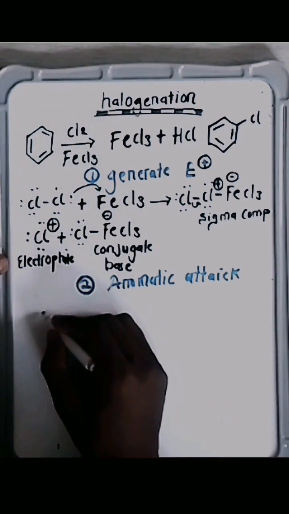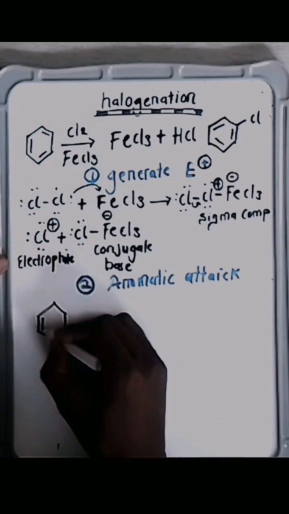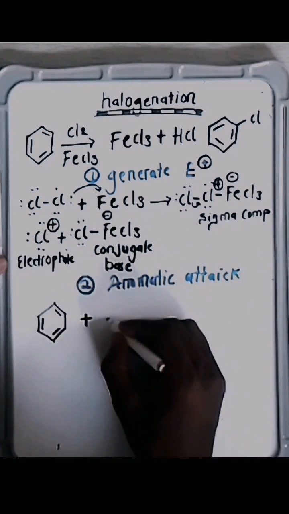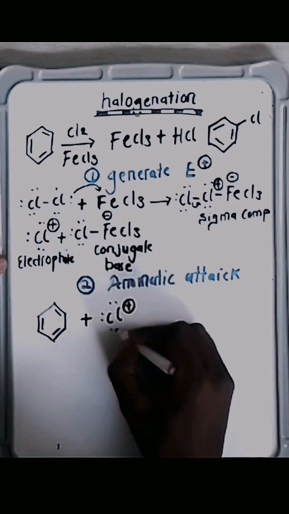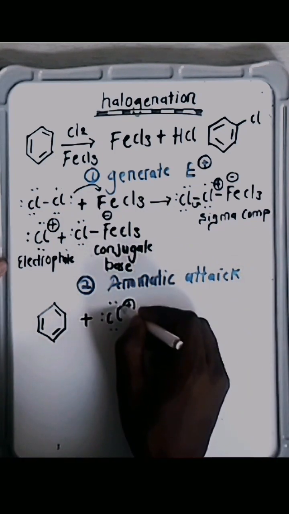What are we doing exactly? So we start with our benzene, right? And then we are attacking that benzene using our electrophile. Which electrophile? The one we just generated, right? And so this electrophile could attack any one of these bonds. So suppose it attacked this one here,